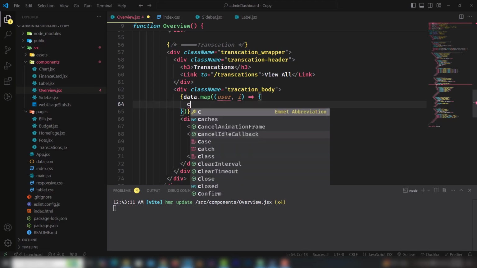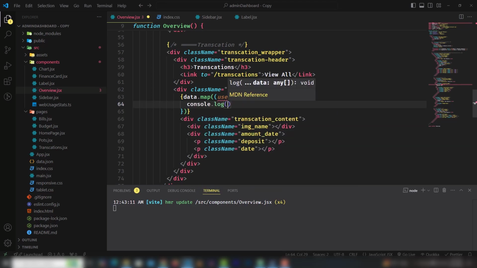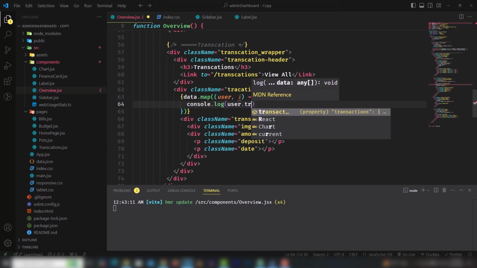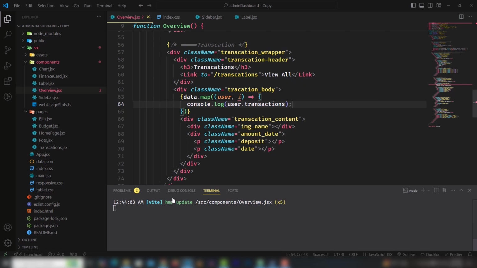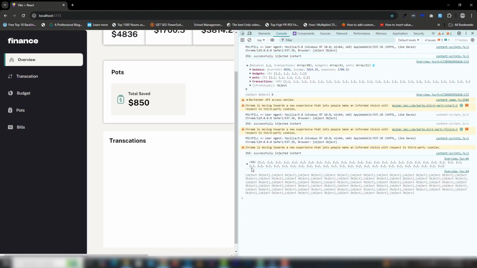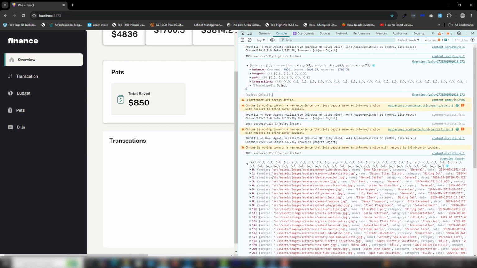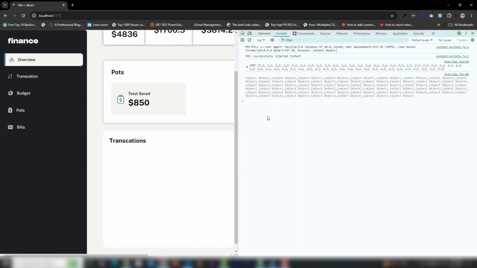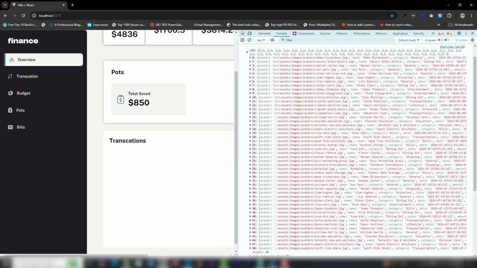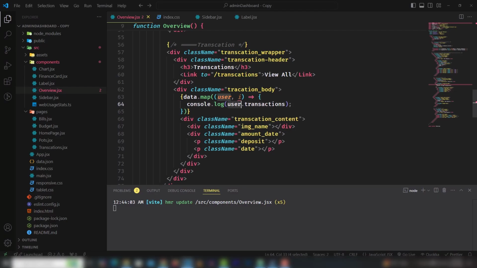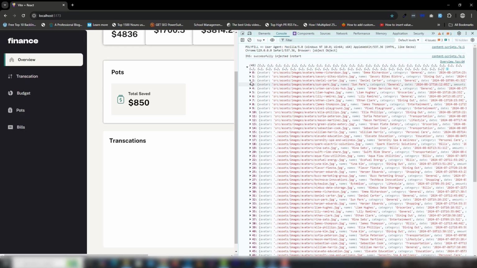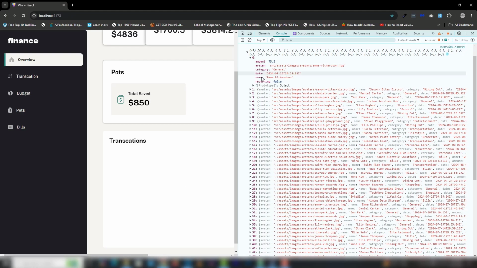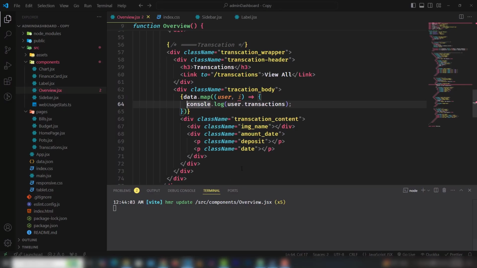Just a minute. I'm going to use console.log user.transaction. You will get only the transaction details. Let's check it now. As you can see, I used only user.transactions, but inside that there are index numbers. On each index there is a different type of content. So I need to use